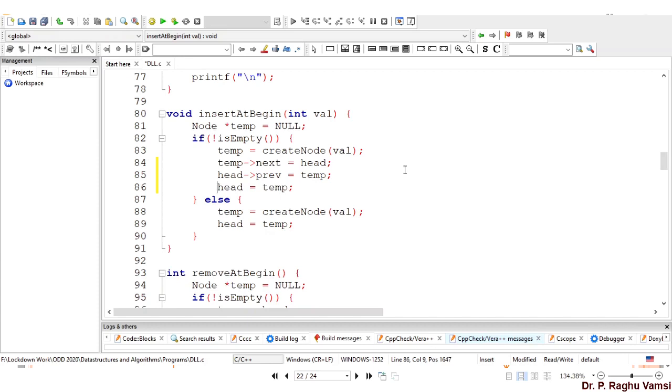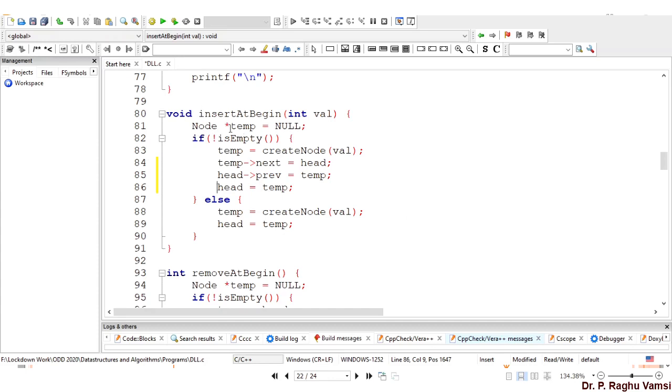So temp is equal to create node. That is, a new node is created and assigned to the temporary variable. Temporary next is equal to head. Now head's previous should also be pointed to the temp. So head's previous is pointing to temp, and finally you make temp as head. That's all. Thereby the link will be established.